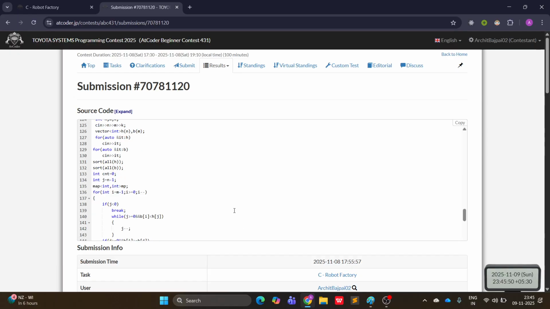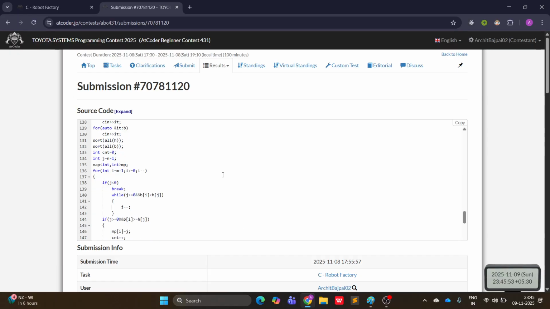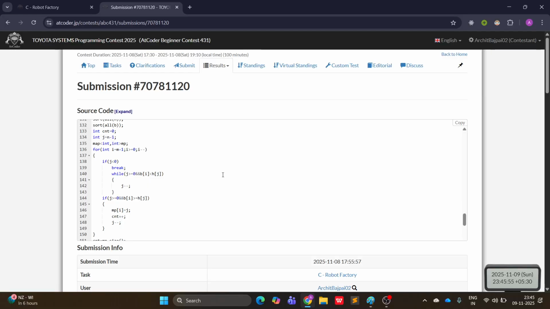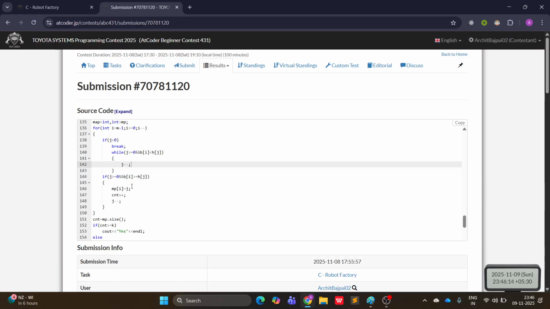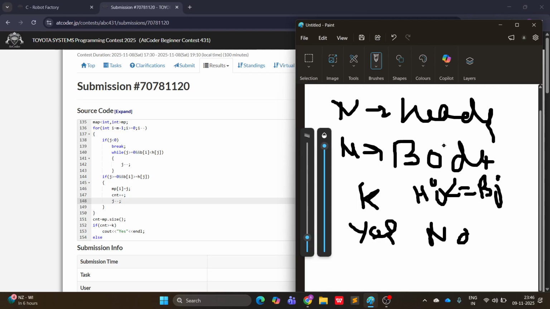So basically, what I was doing was I did sort, but I did not do this. I took the map, not needed. So if j is less than or equal to 0, then break. Then I'm iterating over all the bodies and trying to find if there exists a head which is less than, and until the condition is true, we'll do j minus minus. As soon as you find a j, then you do mp of i is equal to j and count plus plus. Now this part is important, j minus minus again, because if you don't, then let's say that you